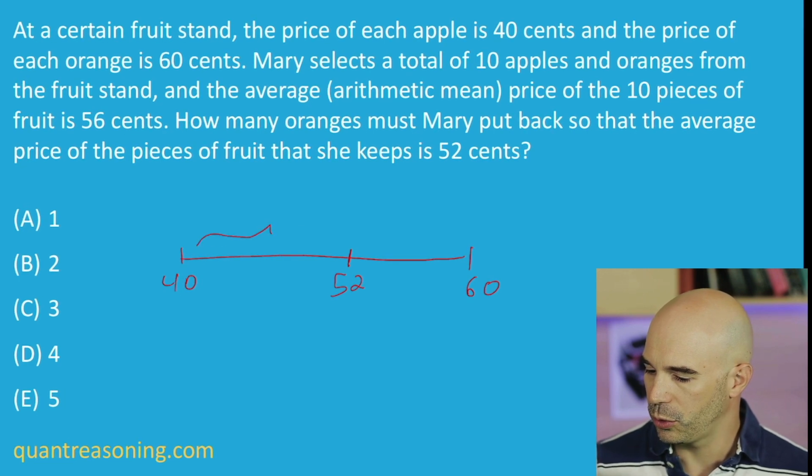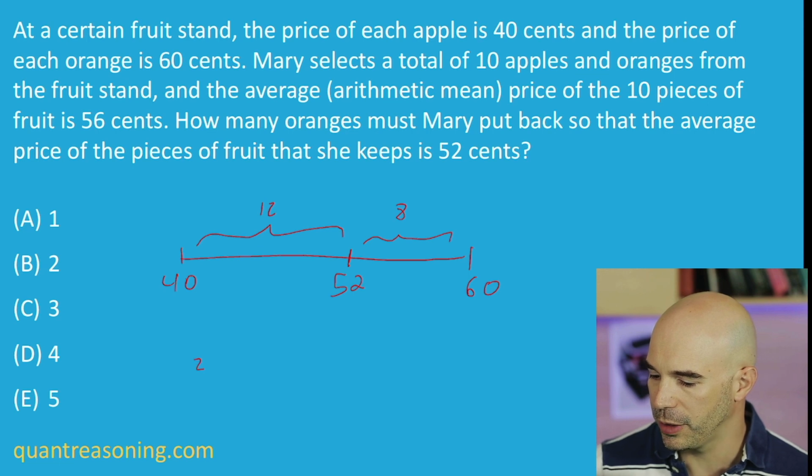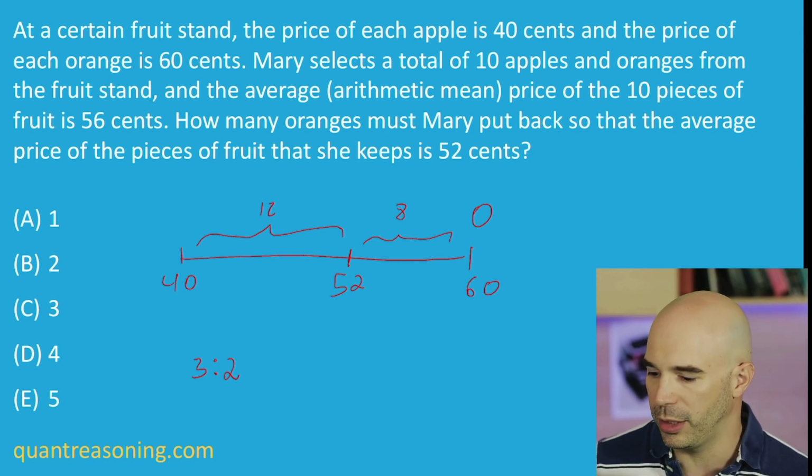So we've got 12 to the left and 8 to the right. So a ratio of 12 to 8, that's a ratio of 3 to 2. I can still see that the oranges side is winning. This is kind of like a tug of war, right? The oranges are pulling harder than the apples. So the oranges are still winning, so that's the ratio, 3 to 2,